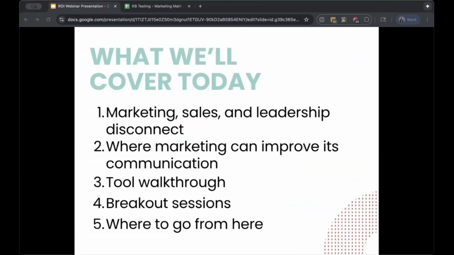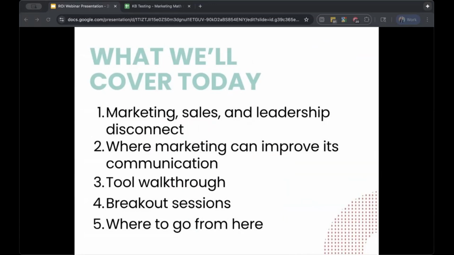So hopefully some of you have already checked it out. Quick side note there. It's something that we're always testing and tweaking. So we'll want to make sure you have the latest version when we go through that today, because we're always trying to make things better, right? And we'll be splitting up into a few breakout rooms so we can actually work through the calculator together and address any questions that come up as we go through it.